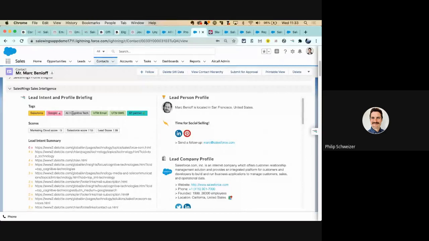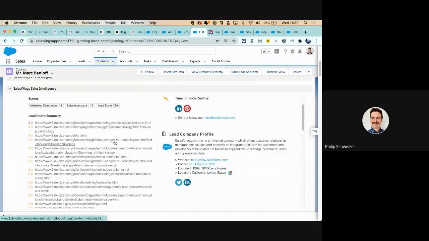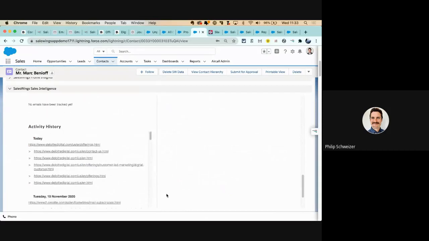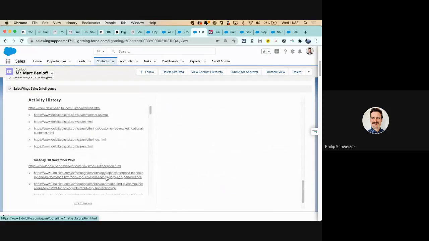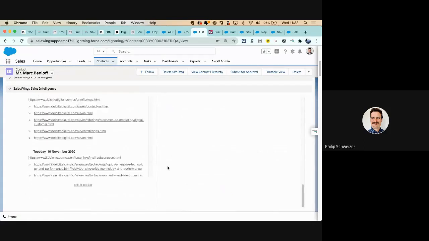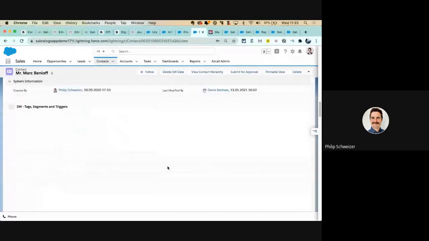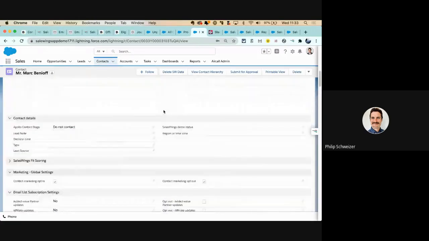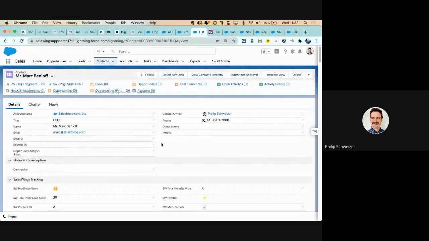I have the tags, understand the overview of the interest. I have the summary telling me, of course, where most of the activity has happened. And I do have this full activity history. Now, you're probably wondering, well, obviously, this is a Visualforce frame, but all the data is also native in Salesforce. So you have the tags and you have the individual activities for reporting. Now, SalesWings has sales teams in mind, and we also give marketers tactical tools to engage, to alert the reps.